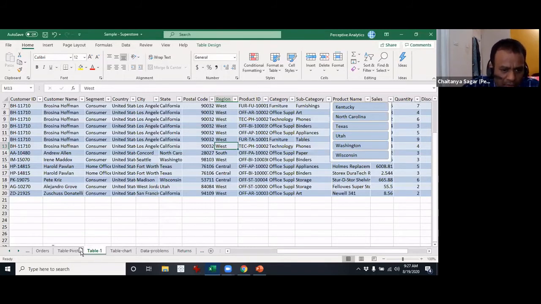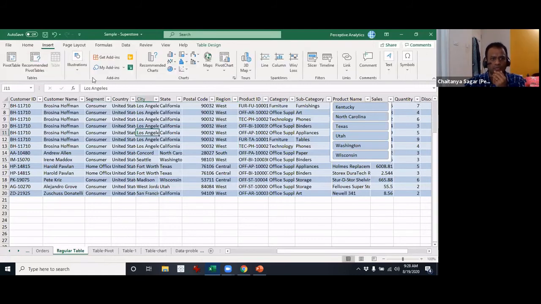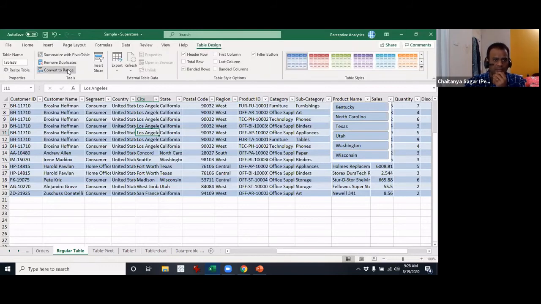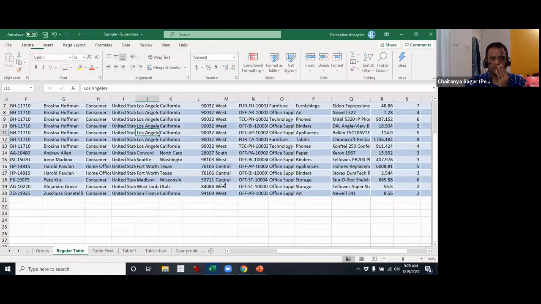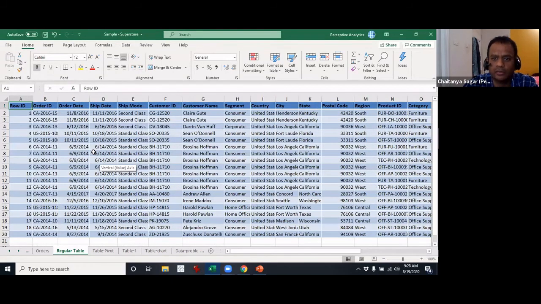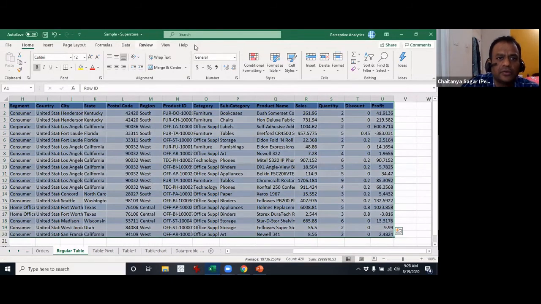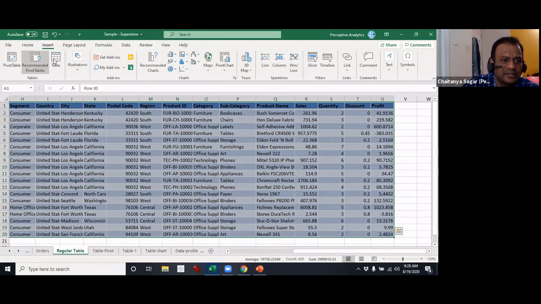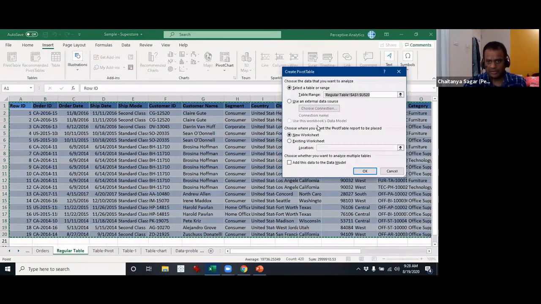I will call this regular. And I'm also going to convert it to a regular range. Now I'm going to make a pivot out of this. So, insert pivot table, and I'm going to place it right here.